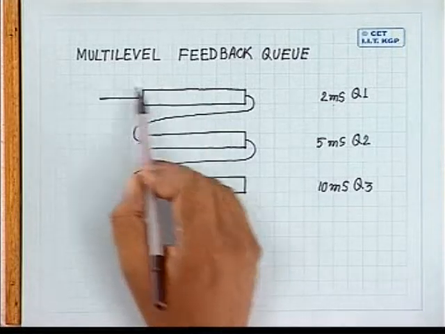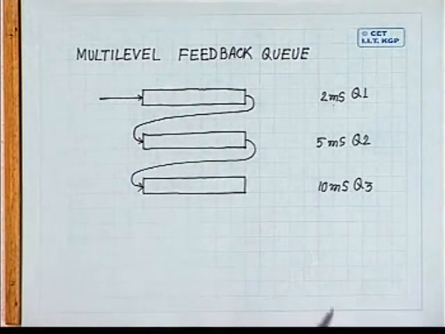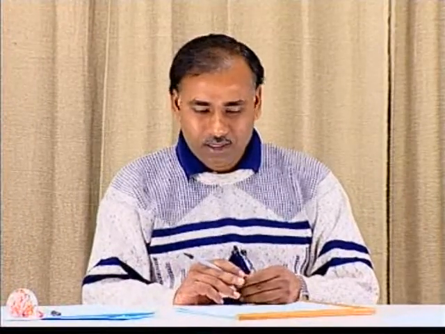So you find that if I go for this multi-level feedback queue, I can find out the dynamic nature of the job and put the job in the appropriate queue based on its nature. So this is a variation of the round robin scheduling technique, or a modification of the multi-level queue technique, where I can schedule the job as per its nature.